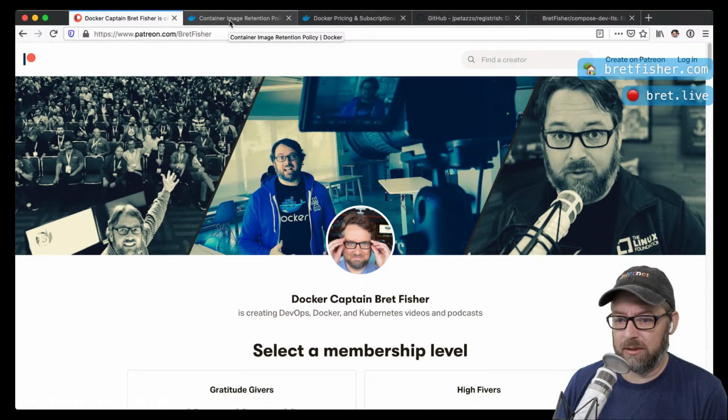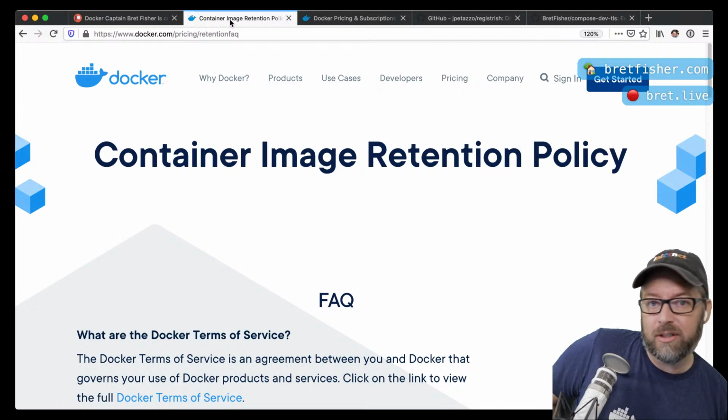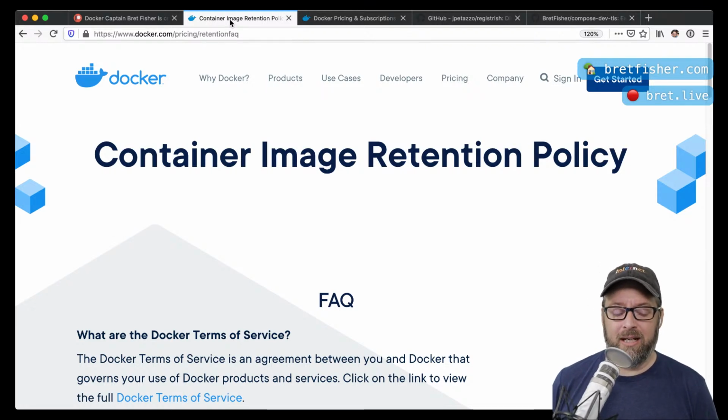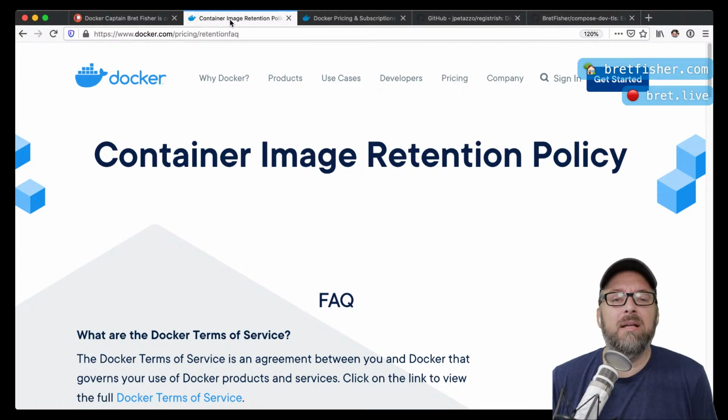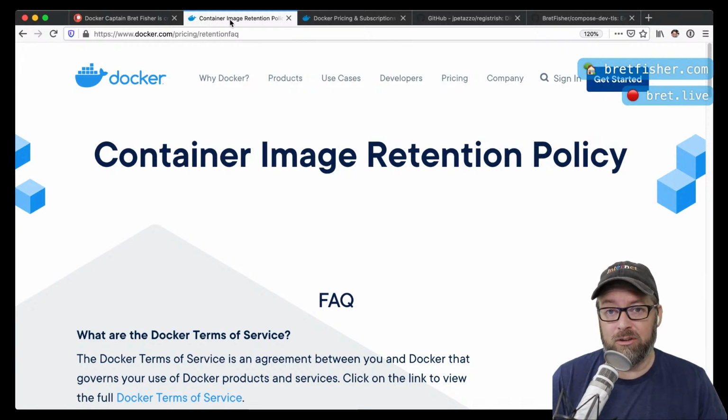Let's do the next little piece of news. If you were here last week, Docker had announced some changes coming to Docker Hub. And really what this is all about is Docker's been giving us all a free ride for 5 years of Docker images, right? And whether you have been logged in or not, you've been able to pull terabytes of data, petabytes of data, unlimited amounts of data from Docker Hub. And so they're trying to figure out how to control that, as well as get rid of all the unused storage images, all the registry repos that are ignored and not used.